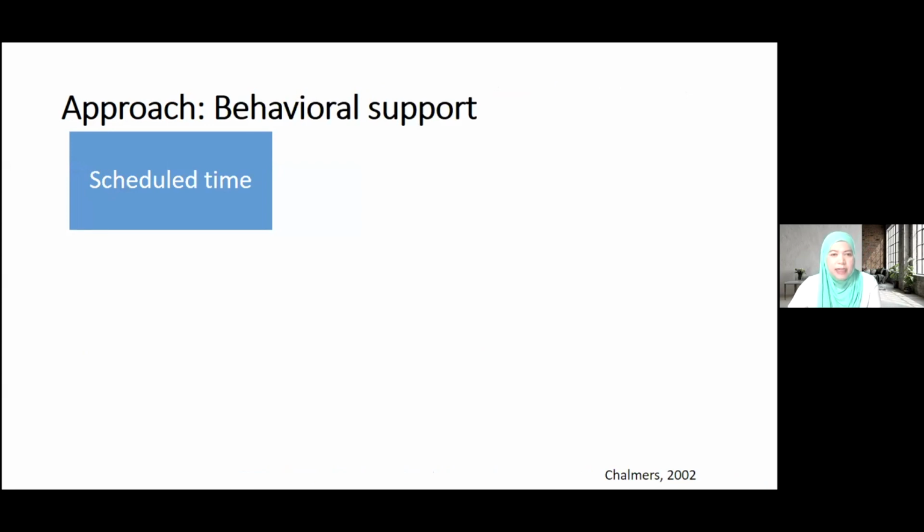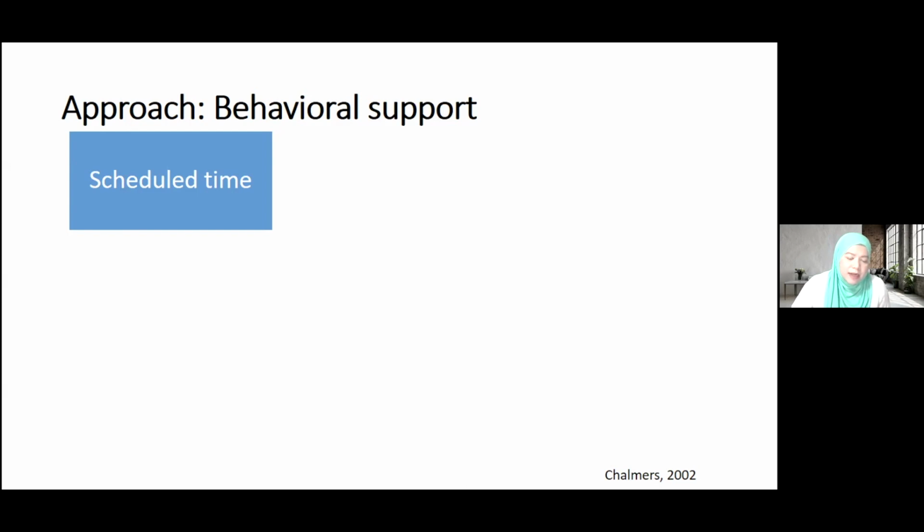The third would be any behavioral support. So this could mean a number of things. For example, a scheduled time. You're looking into whether brushing would be done in the morning or what time exactly, and how many times the brushing would be, whether it's 2 times per day, and how many minutes is required for proper brushing and support to allow effective brushing.